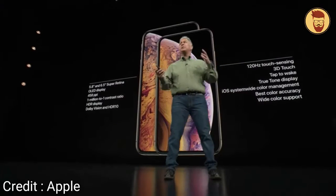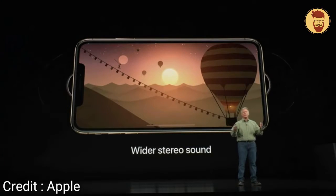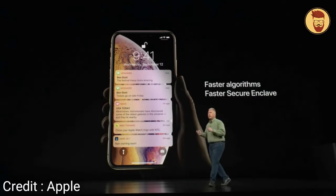And we've matched them to incredible sound systems as well. Stereo sound better than in any iPhone to date. Now you just want to listen through the speakers because of that beautiful wide stereo sound. Face ID, and it does it faster than ever before because the XS now has faster algorithms and runs on